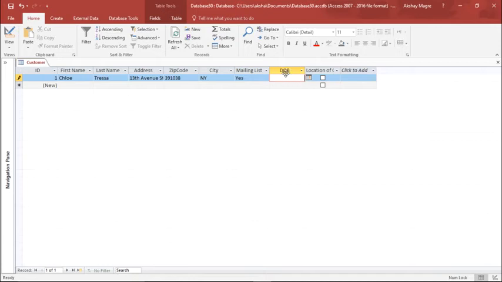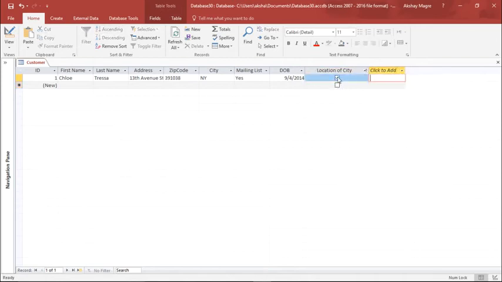Now if I go under this date field, you can see there's a calendar. If I click on this calendar, you can select a particular date, right? So from here I can select any date, the date of birth. It takes random dates from here. And the last one is the location. Just a sec, I will expand a bit. So if the location is out of city or yes, I'll select this checkbox for location of city, yes or no, as a checkbox.